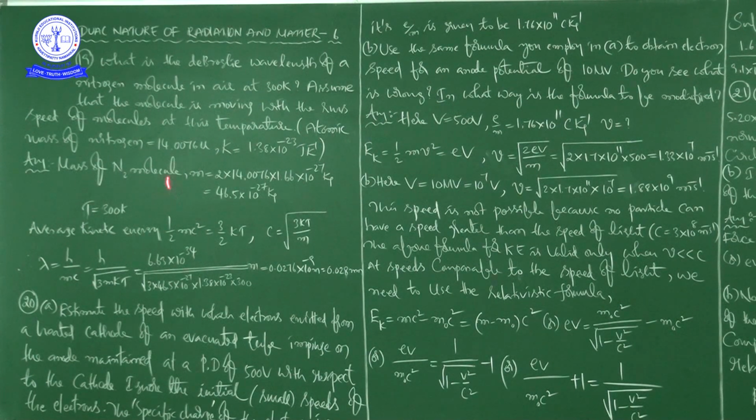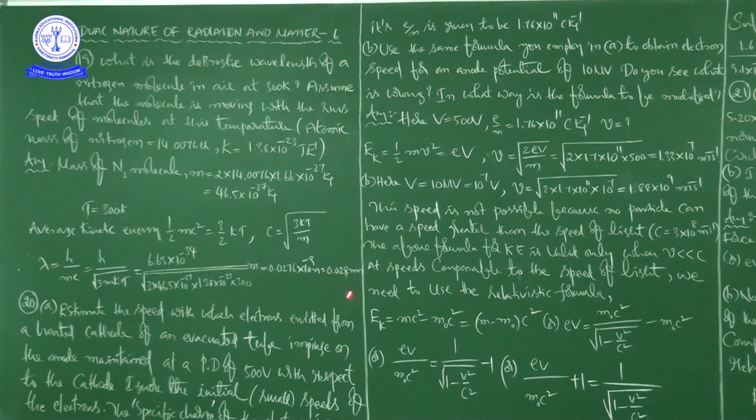and the mass value we calculated here is 46.5 into 10 to the power of minus 27 kg, into the k value 1.38 given, 1.38 into 10 to the power of minus 23, and the T value. Observe carefully, the T value is 300 Kelvin, and then finally in meters, okay? So you substitute and calculate all these things. Mathematically, first you go through the square root and then you divide. Then finally we are getting